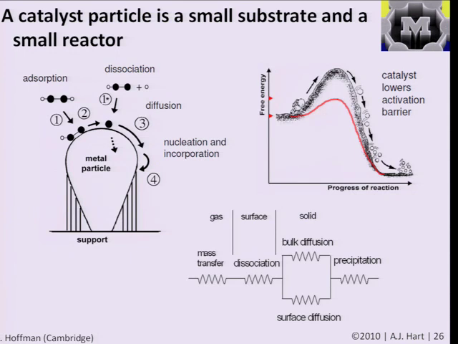And what we can see is that we can start to build a picture of how these catalyst particles that will grow nanotubes or grow nanowires in general are like small substrates and small reactors in and of themselves. So at the top left here, we have a picture that looks like what we saw at the start with a flat substrate where atoms hit the substrate and diffused and added or moved away. And the same thing happens on the surface of the metal particle, which can then lead to growth of a nanowire or a nanotube. And a precursor, in this case, we see a schematic example for acetylene or C2H2, with these being the carbons and the small ones being the hydrogens,